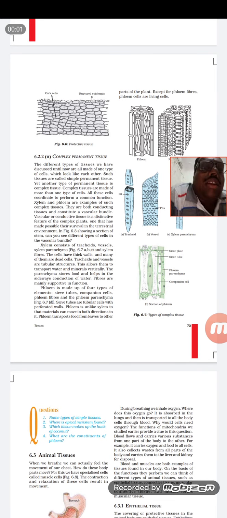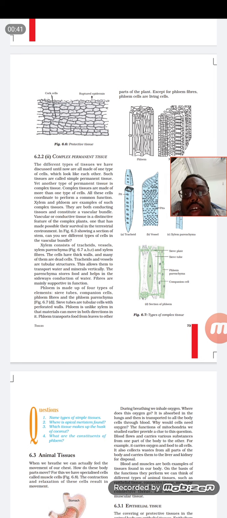Hi all. The next part we are going to study is the complex tissues. Complex means they are not made up of one type of tissue, they are made up of different types of tissues. Inside the complex tissues, the best examples we can study are xylem and phloem. These xylem and phloem are known as the conductive tissues, or vascular bundles, because they have the capacity to take